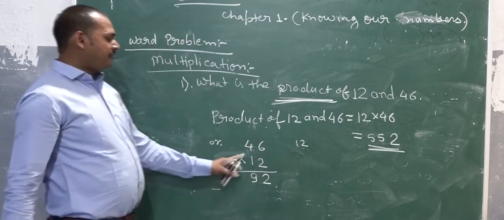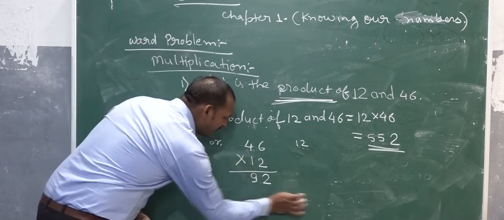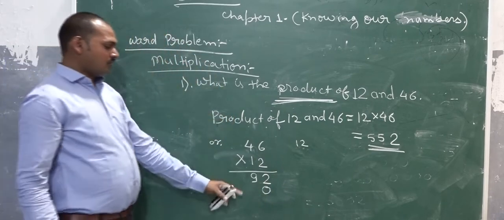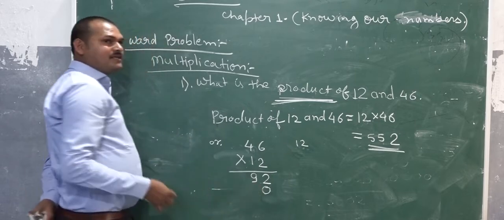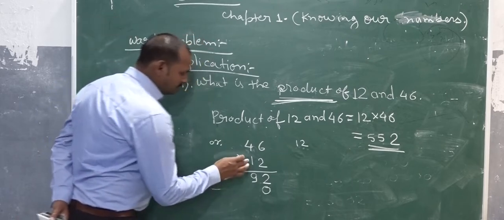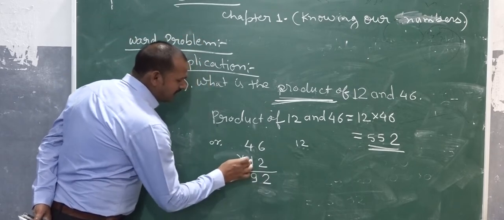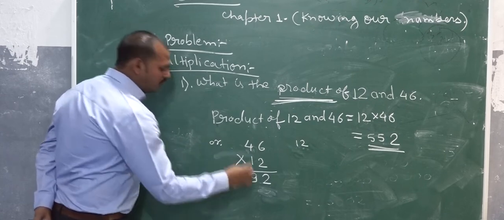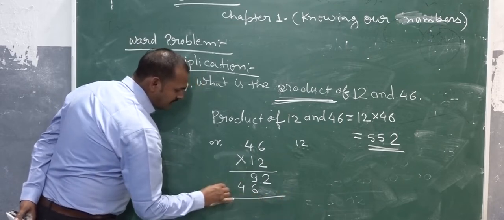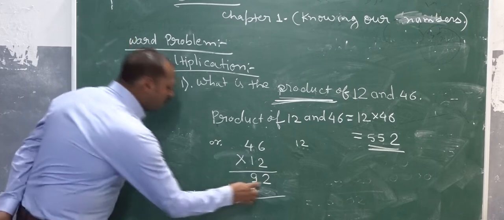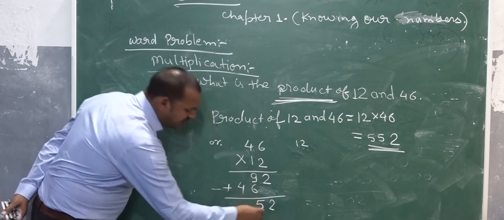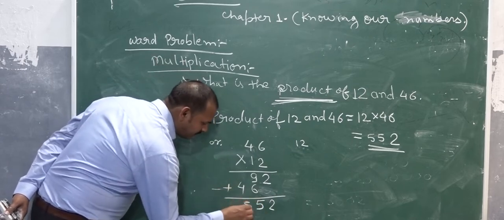The second, if we write the second digit, we leave one place downside, this is the 0, left means 0, or we cut it, or we take the one space. So 1 into 6, very easy. 1 6 is 6 and 1 4 is 4. Then add these two, 9 plus 6, 9 plus 6 is 15, carry 1, 4 and 1 is 5.